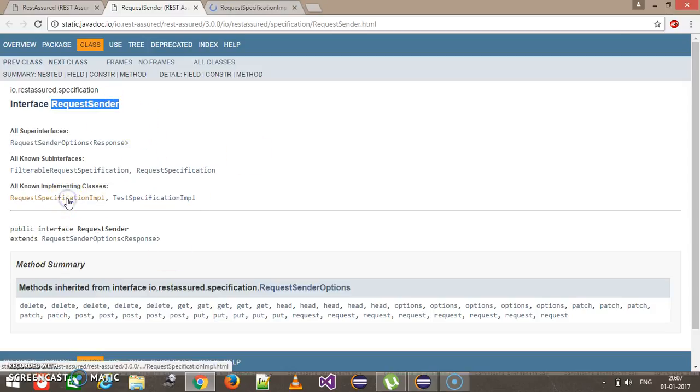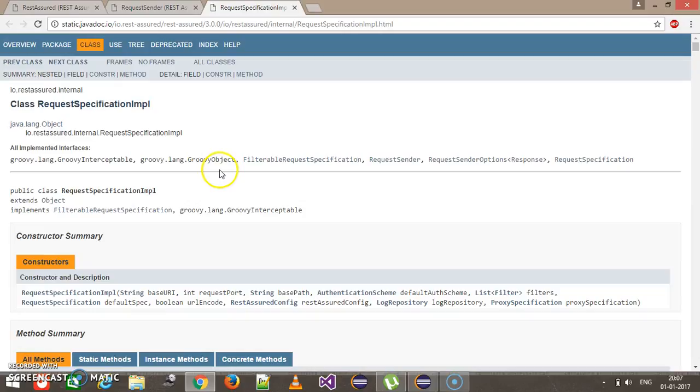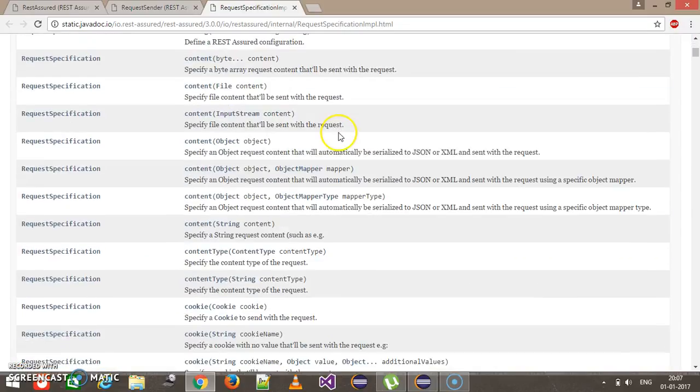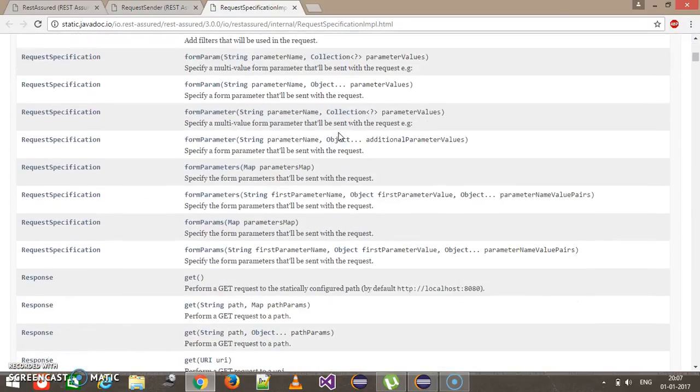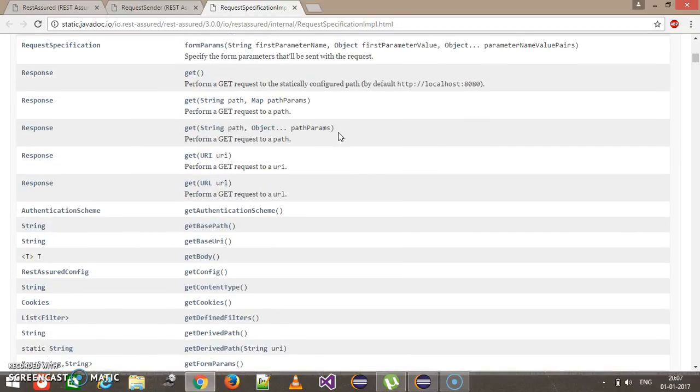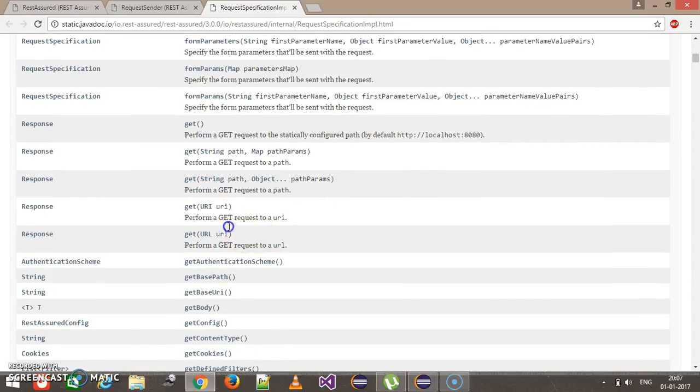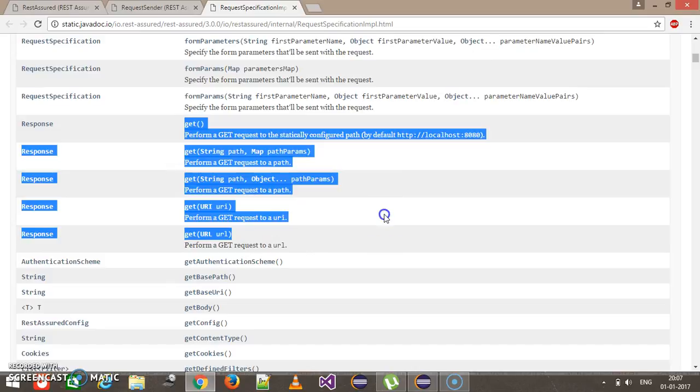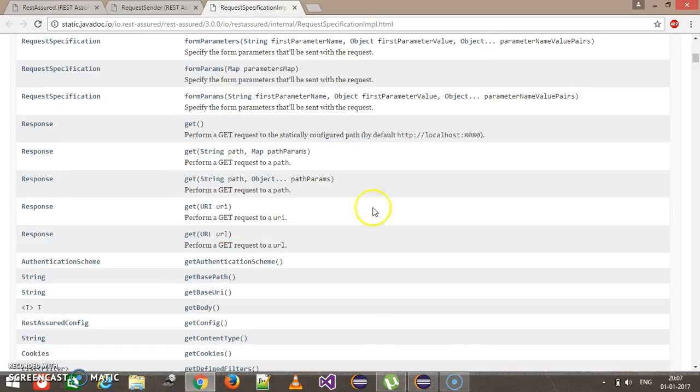So I will open this class, that is RequestSpecificationImpl, and inside this class, as you can see here, there are get methods which take different types of argument. This particular get method does not take any argument, so by default it is going to query this location.